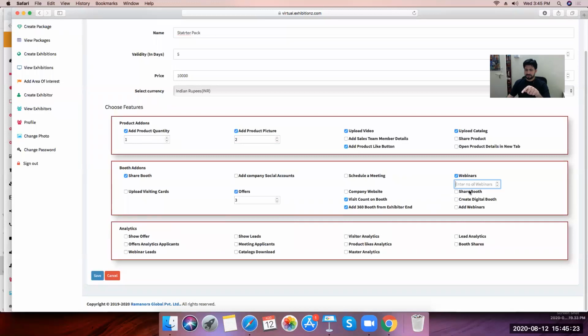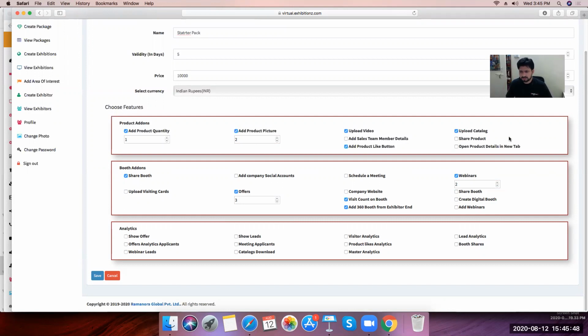In case there is some new feature which is not mentioned right now here, but some new thing comes into my mind, can I add that part here? Yeah, we need to develop that and then add it here. For example, he can be a sponsor also. So his sponsor logo would come in some place in the virtual thing. Yeah, sure. That's not a problem.